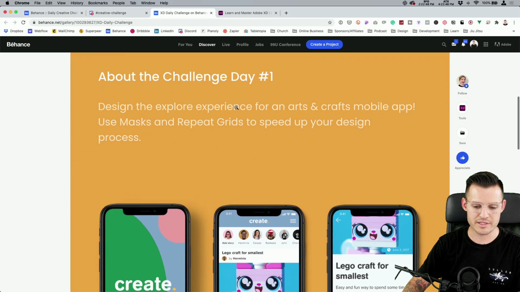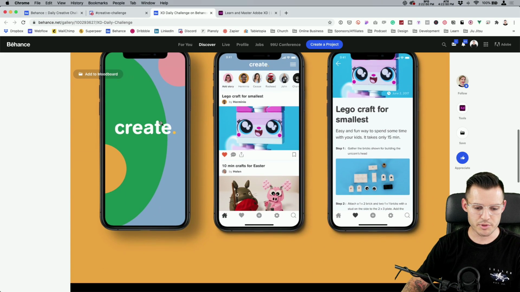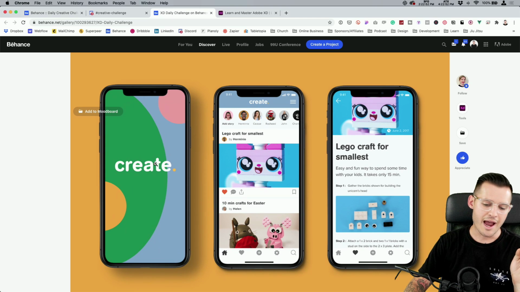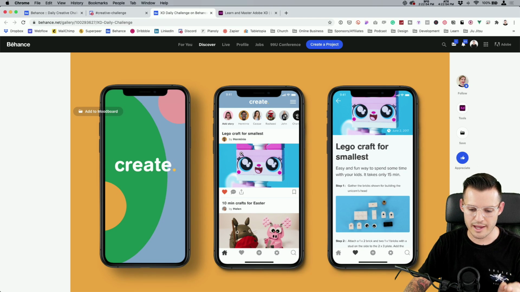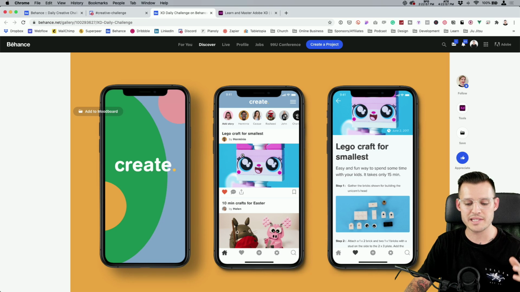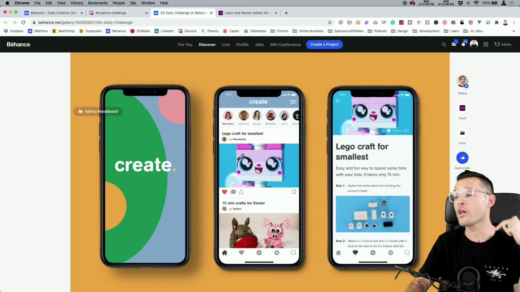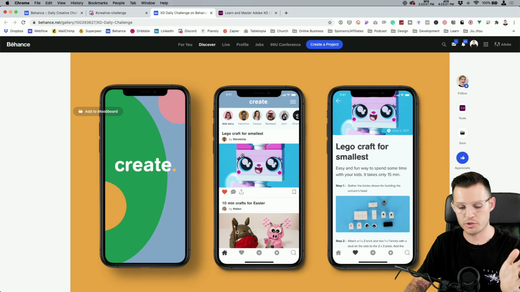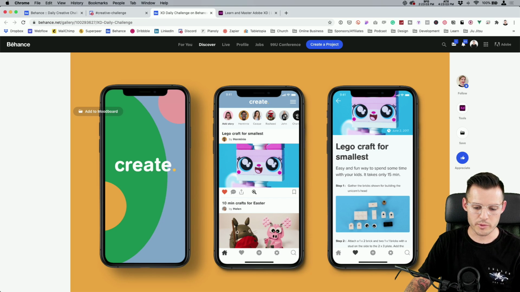The 7th through the 17th. Day one challenge. Here it is, beautiful work. The colors, exquisite. I love even the little quick branding. It's really, really nice. Kind of like an Instagram ad. This one's less of a masonry grid, but really nice. And a follow-up screen, which I always think you should do with your challenges. Really nice to see where we would transition from this to this.